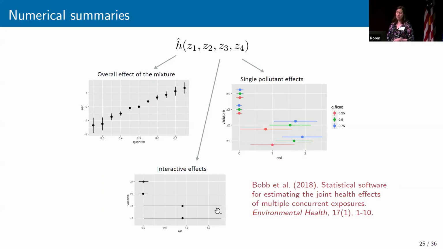You can also quantify interactive effects. So these are basically just taking these blue points minus the red points. So you can get the posterior mean and the 95% credible intervals for these. And in this data set, I know that there is interaction because I know the truth. And it's estimating interaction, but it has a really wide credible interval around the estimate. So you can estimate these interaction parameters.